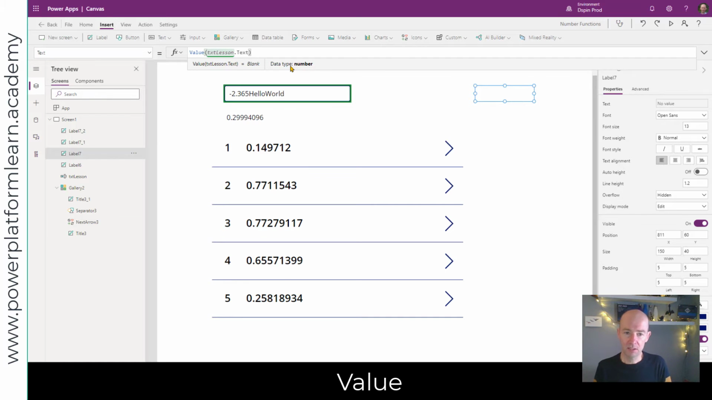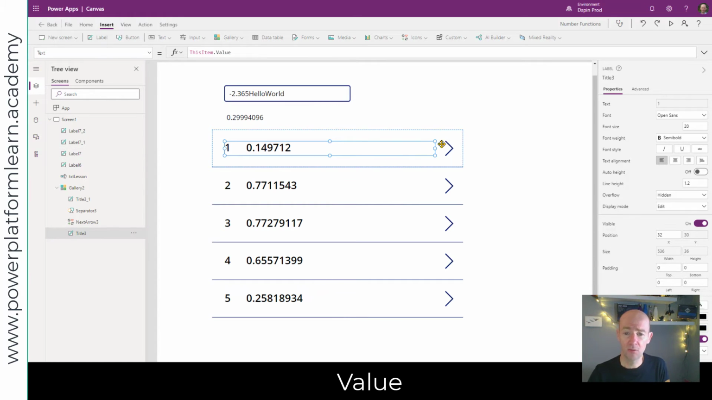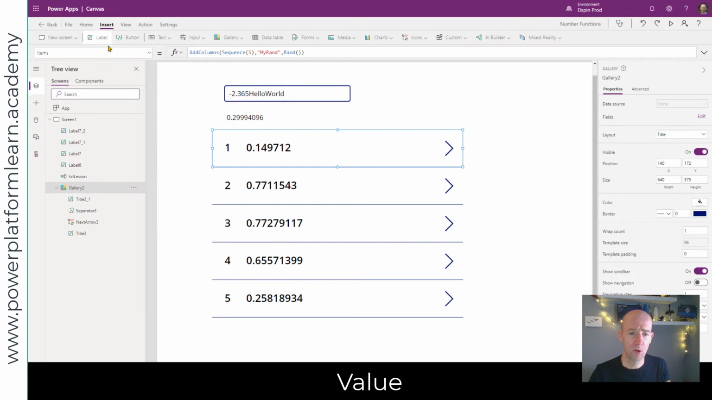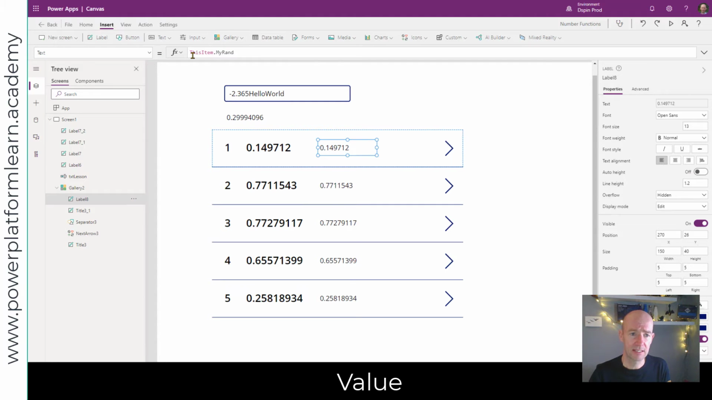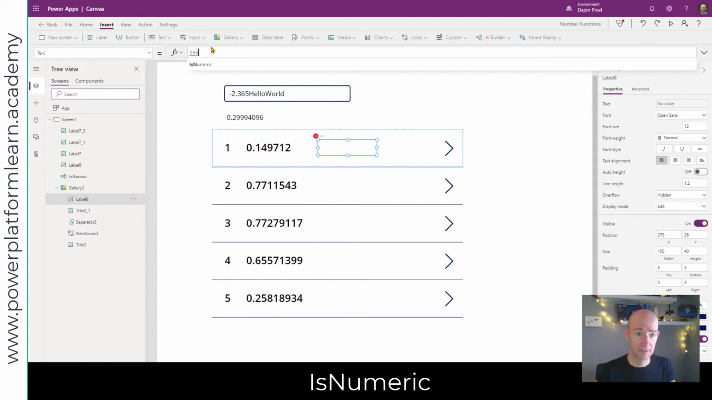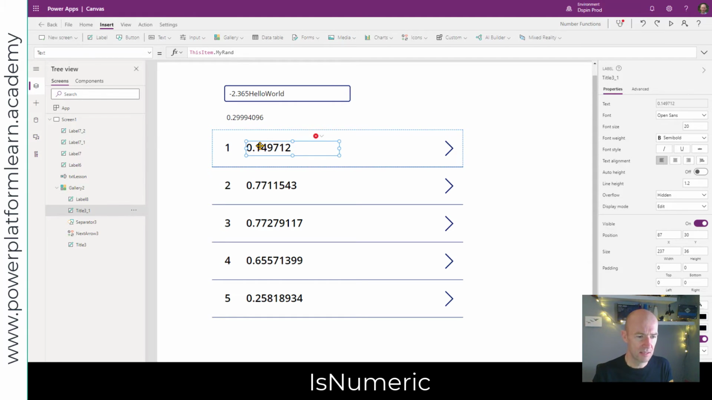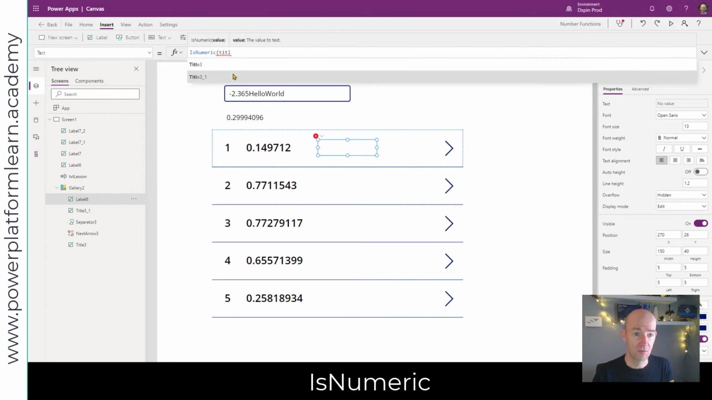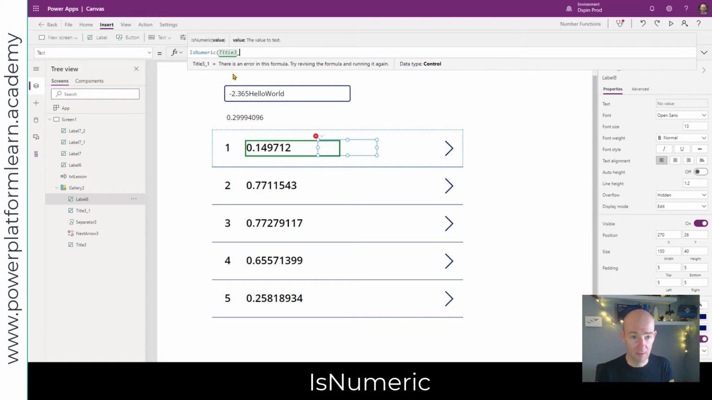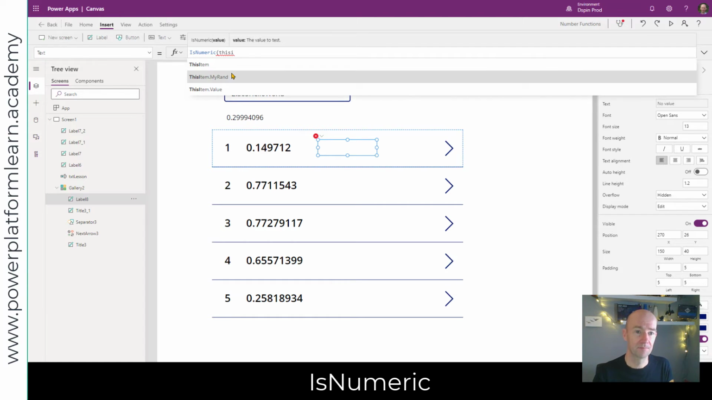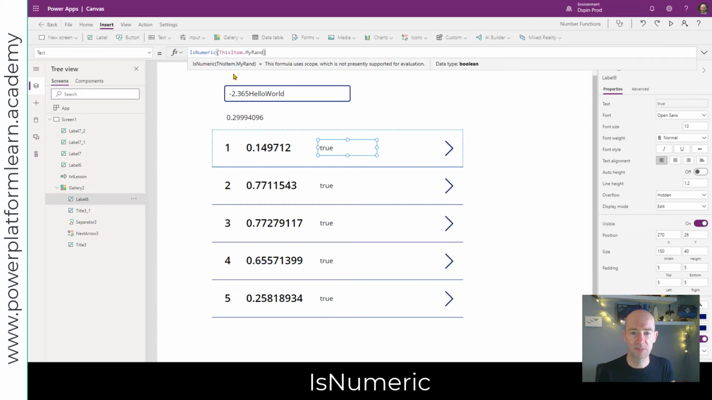The next thing I'm going to do is an IsNumeric field, and this is really a true false thing. So I'm going to go on to here, move this across over here, pop in a label, and I will then say IsNumeric, and it's going to be, I think this is called title 3.1. So IsNumeric title 3.1. In fact, it wouldn't be that. It would actually be this item dot my rand,